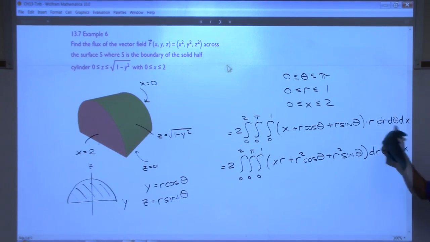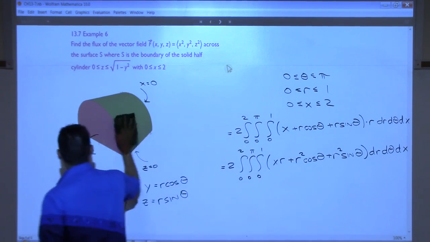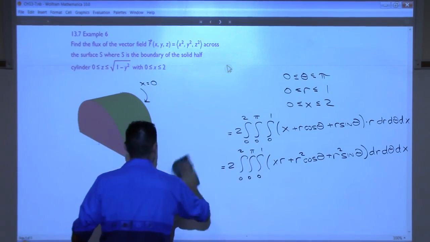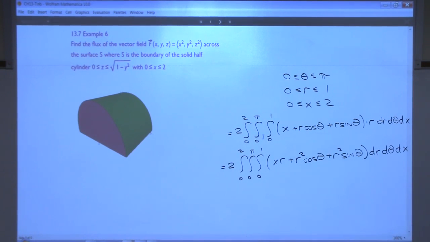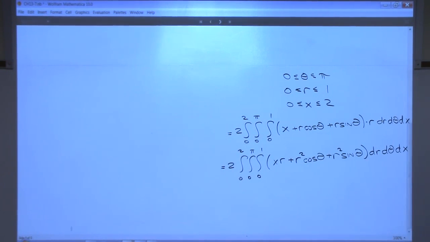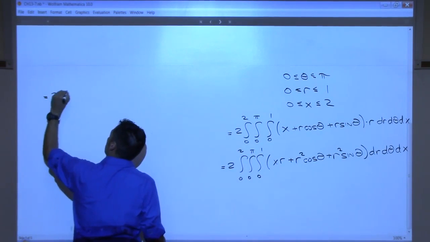So I just distributed the r through. And now I'm going to integrate everything with respect to r. I don't think I need this picture anymore. I need the space, though. Equal to 2 integral